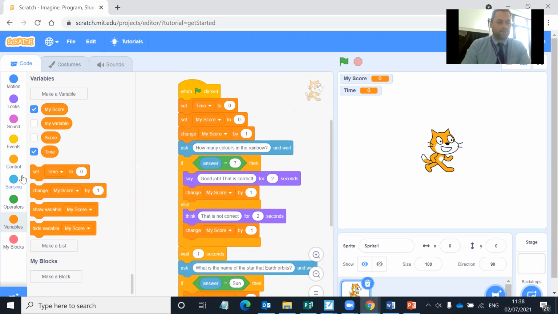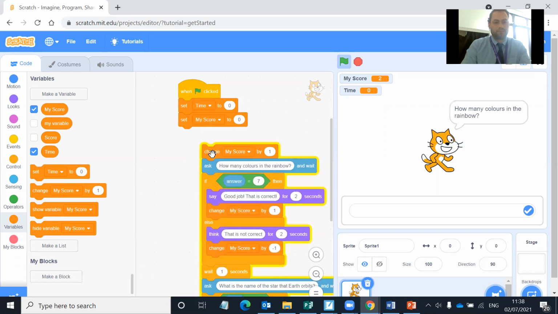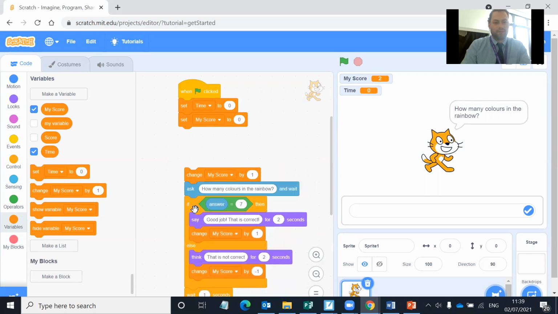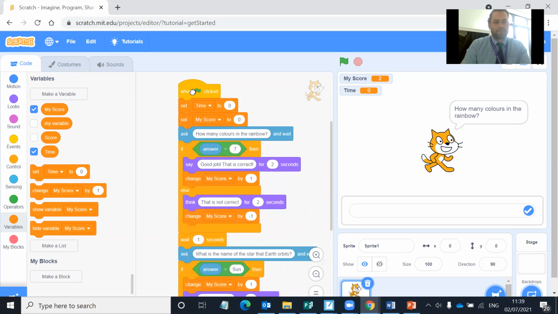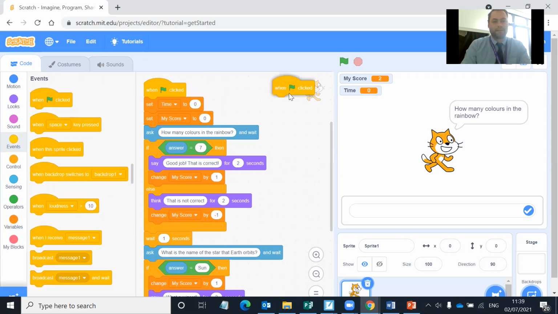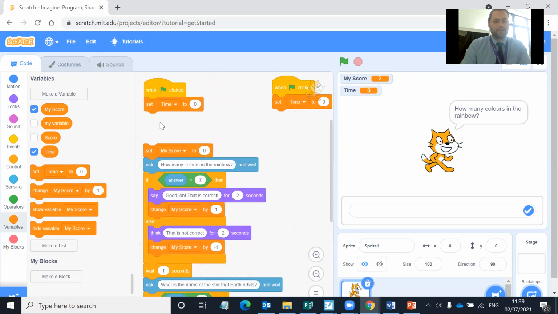by 1. Oh, I may want to do this as a separate thing because it's getting a bit too thin. Let's put this over to one side. Right. That's that there. Let's do another one. So when it is clicked, my variable time,